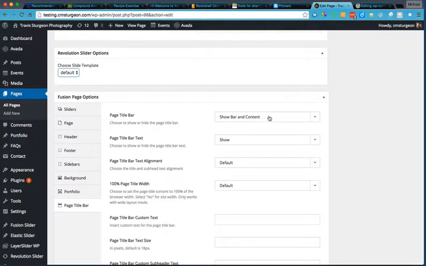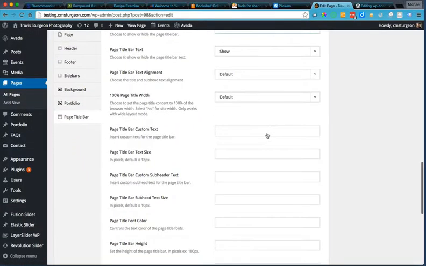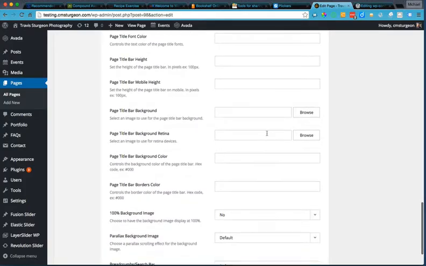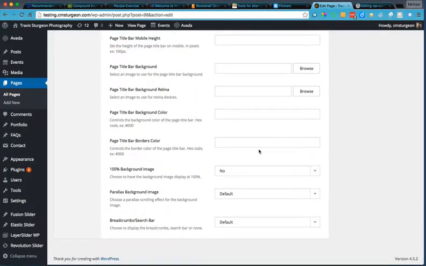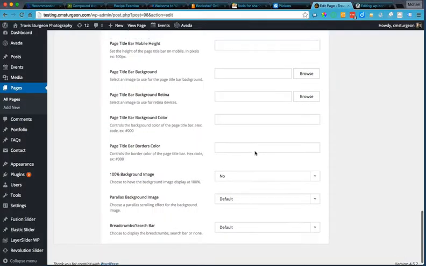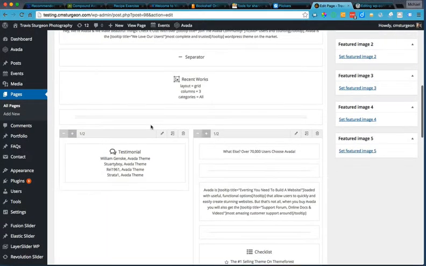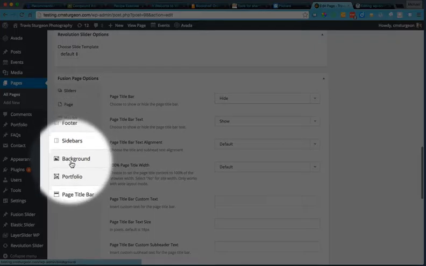Show the bar in content. The title bar is something that is usually hidden. This is an annoying piece that shows up on the page. So I strongly suggest to hide it because your text is already there. And then there is a lengthy list of things that can be changed within a page. Let me go to your